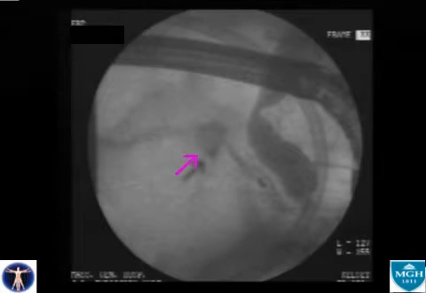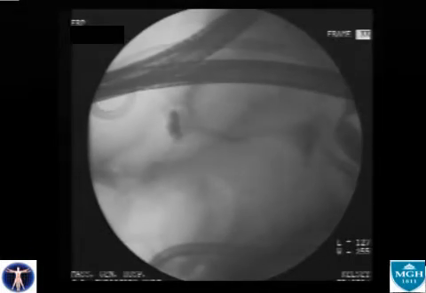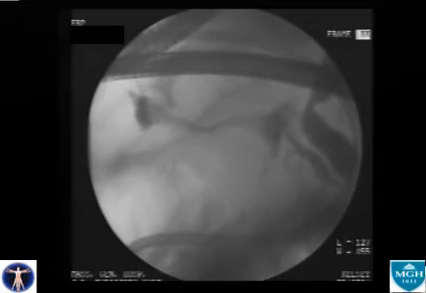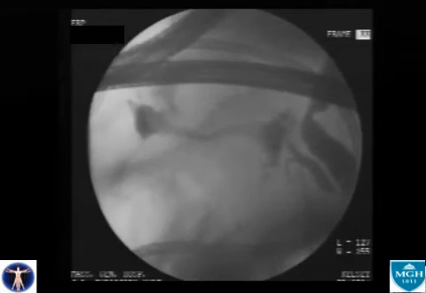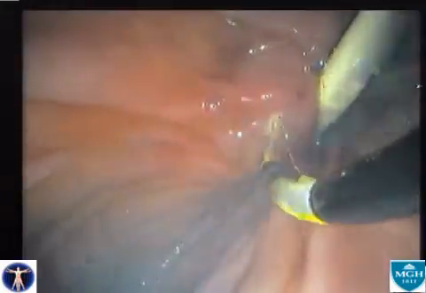ERCP demonstrates this wide open fistula in the head of the gland. One cannot determine from this study if the remainder of the pancreas is missing, or if this is a rent in the duct and there remains an upstream segment not opacified by the study. A reasonable approach is to place a pancreatic duct stent. A pancreatic duct sphincterotomy is performed, and a short 5 French pancreatic duct stent is placed in an effort to provide low resistance drainage into the